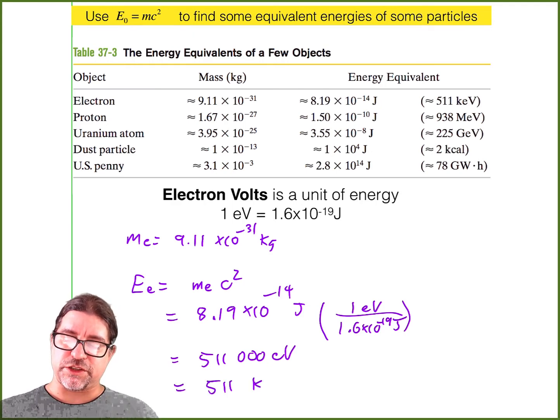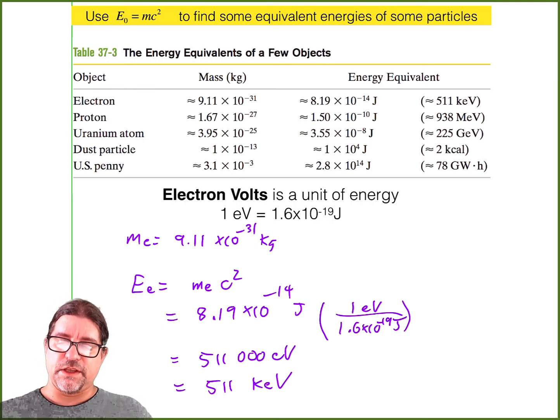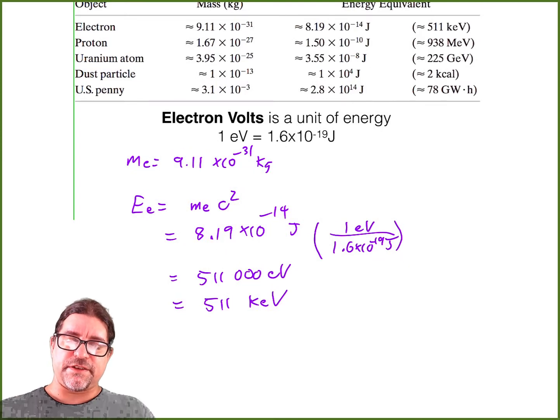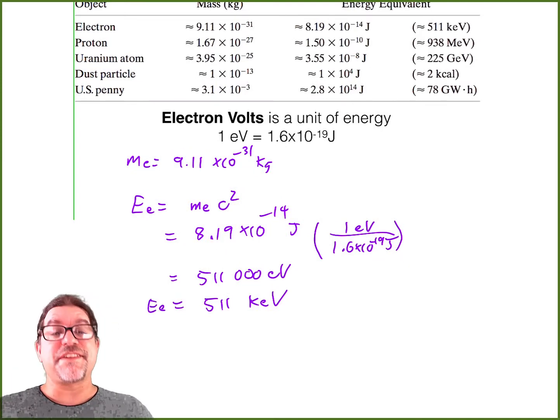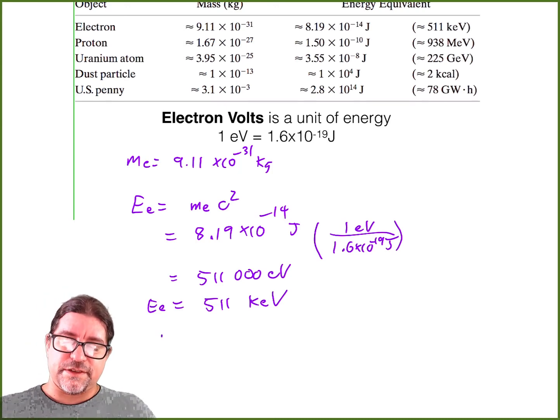So one electron is about 511 kilo electron volts, and that would be the energy of an electron. Sometimes it's handy to express the mass of an electron. Since E is equal to mc squared, you